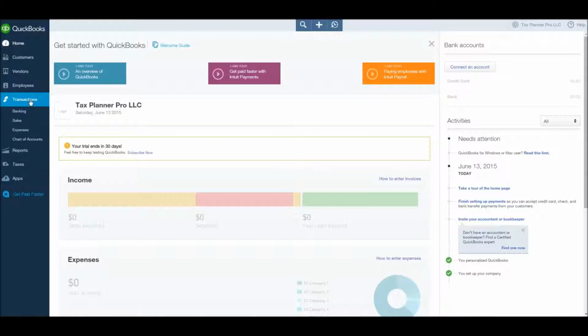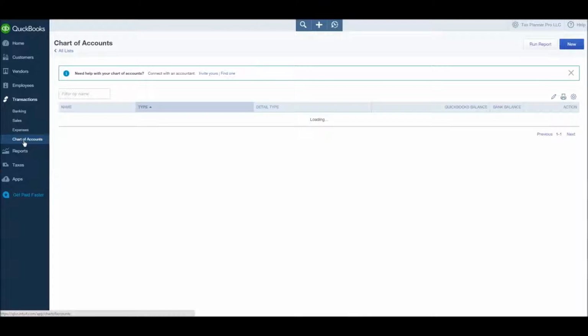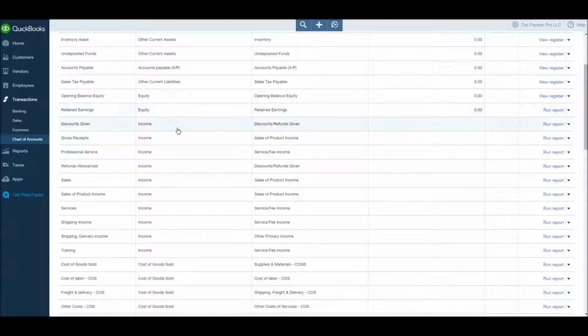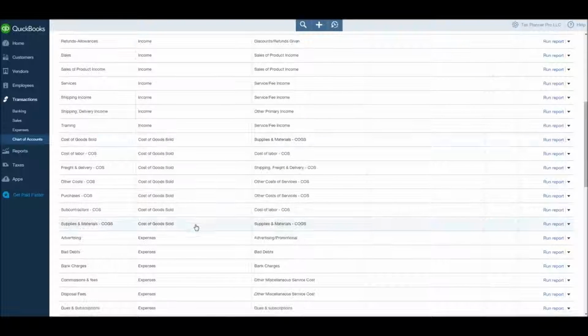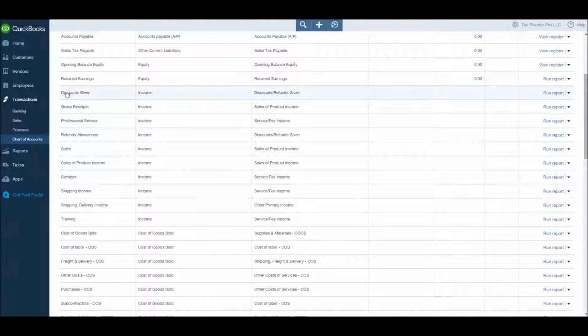Under transactions, if I come to the chart of accounts right here, we have a lot of income accounts and even cost of goods sold accounts that I don't necessarily want. I'm not going to use all of these different income accounts. And if you think you will, by all means leave them. But they have a tendency to later clutter up your accounting, because when you or even a staff person is trying to decide how to create a transaction, when they pull up the list of accounts, which is this chart of accounts here,